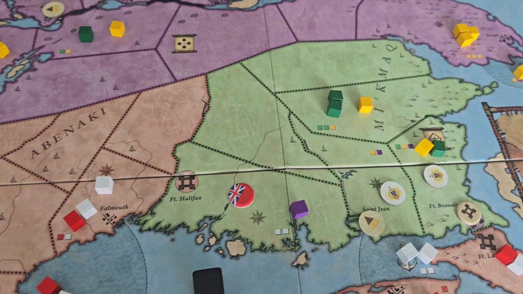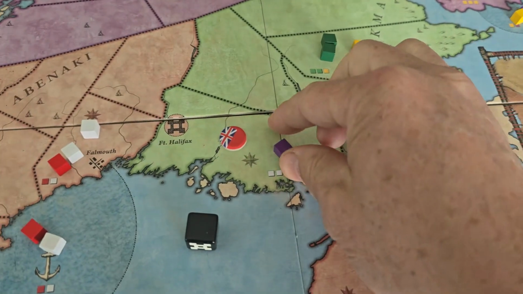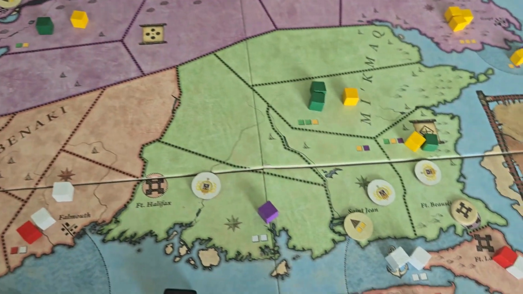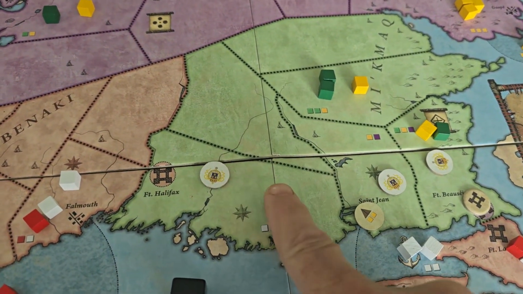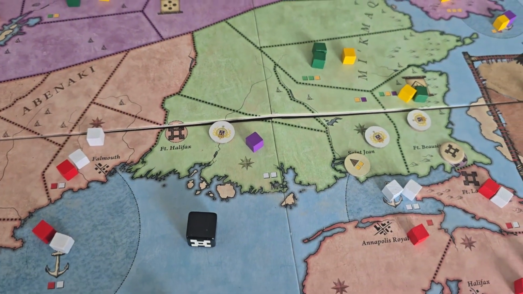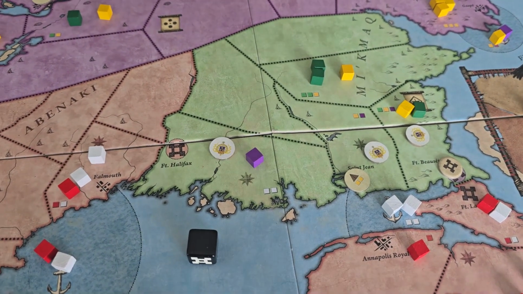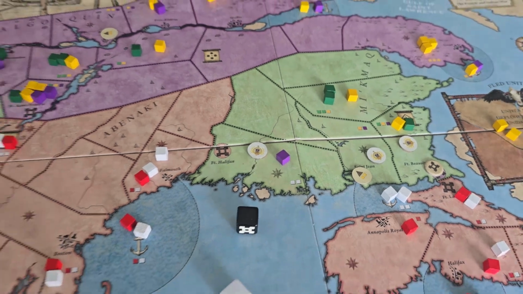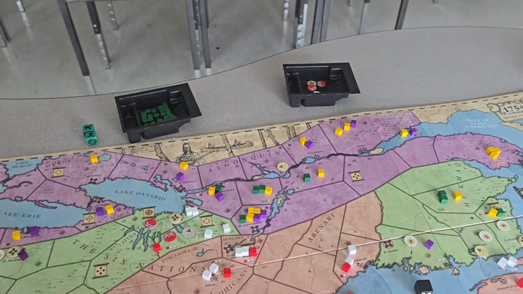So this fort is gone, but what this also means is that this territory has now been taken by the French. And there is 1 French regular there still defending the space. And that is it for that turn. So then we go on to the next round,